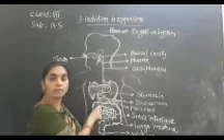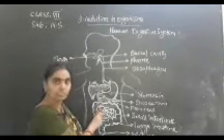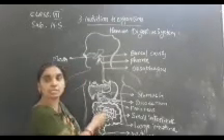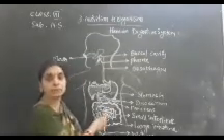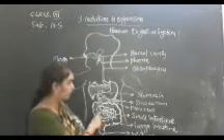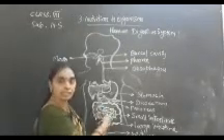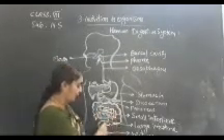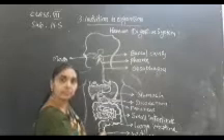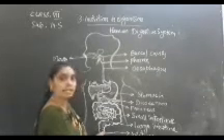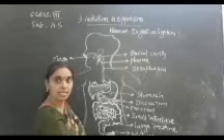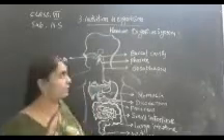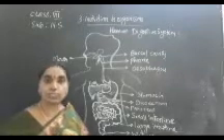So after complete digestion takes place in the small intestine, observe the villi, which are thousands of finger-like projections present in the small intestine. They absorb the nutrients that are present in it and supply them to the various parts of the body, and the undigested waste material moves through the large intestine and passes through the rectum and anus. It is stored in the rectum and finally ejected out through the anus. This is the human digestive system. Hope you have understood this answer and the picture also, children.